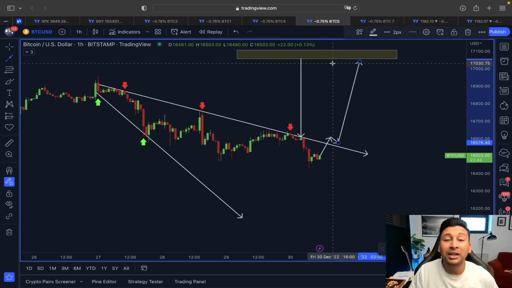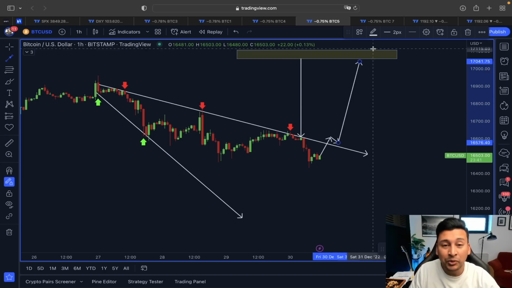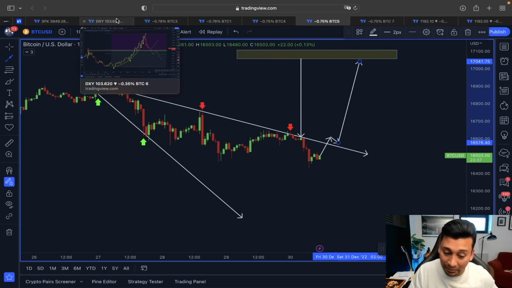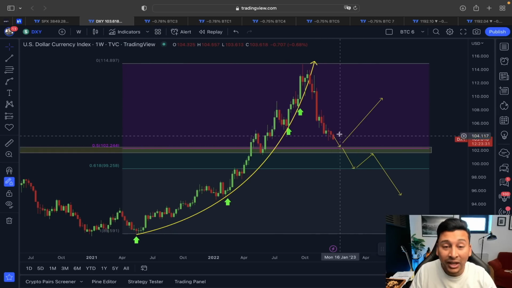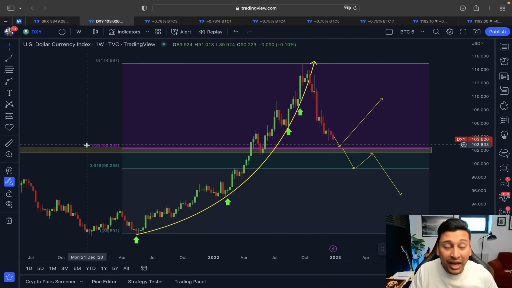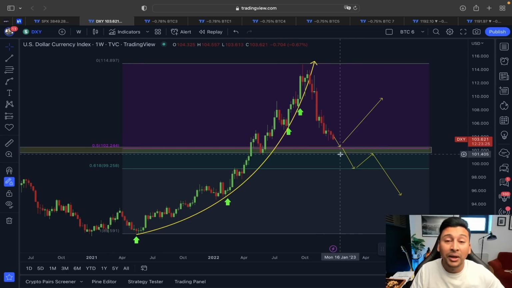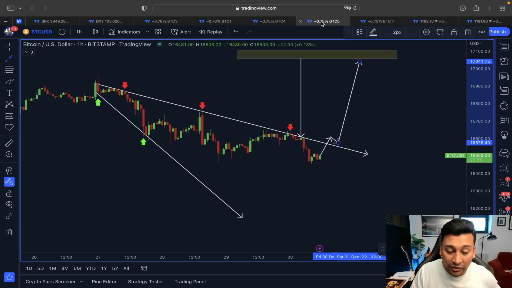and breaking out of it means we could be continuing this uptrend, a small relief rally for the upcoming days for Bitcoin, because as I've been very clear, the US dollar index is also clearly showing weakness and also indicating that we could be actually getting gravitated around this 0.5 Fibonacci line before choosing a trend duration. Not just only this guys. Now it's time to look at Ethereum price action.